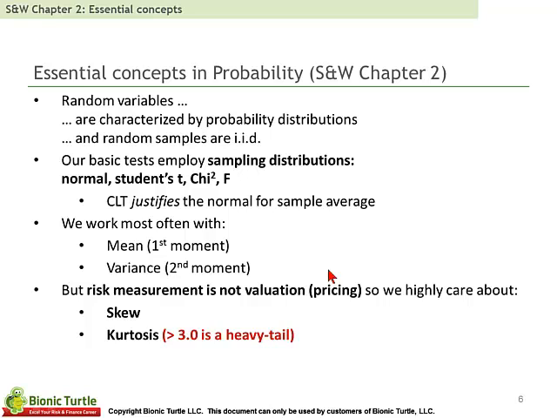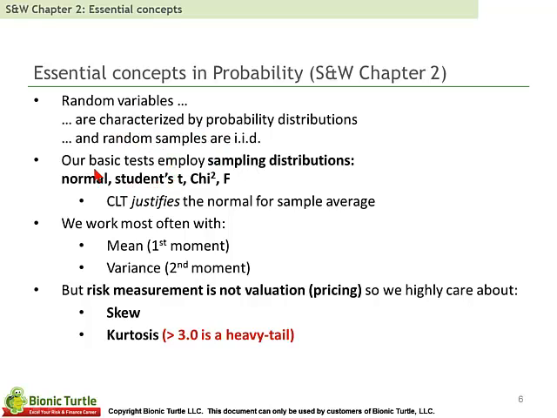Now that first core idea here is random variables, and here are some essential ideas. Random variables are characterized by probability distributions. This is the essence of risk measurement. And then just a reminder that random samples, that term has a technical meaning for us. It means that the random variables are drawn from independent and identical distributions. There's really 2 things in here, independence and identical distributions. So this IID is oftentimes an assumption that we're making. Hopefully most of the time it's explicitly stated, but sometimes implicitly it's assumed when something is referred to as a